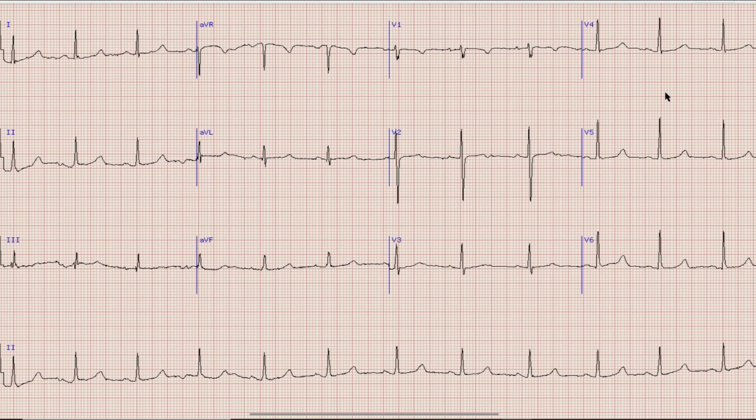As you know, the first thing which we look at on an ECG is rhythm. For rhythm, we look at the rhythm strip, which is a long lead at the bottom of the ECG. As you can see in this rhythm strip, there are upright and prominent P waves before each QRS complex. The presence of upright and prominent P waves means that this is a sinus rhythm.